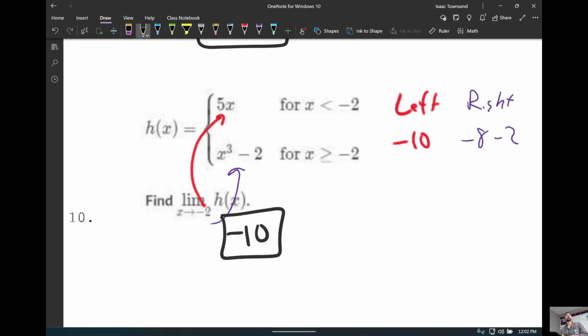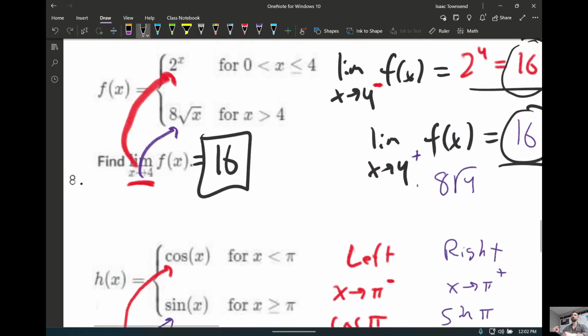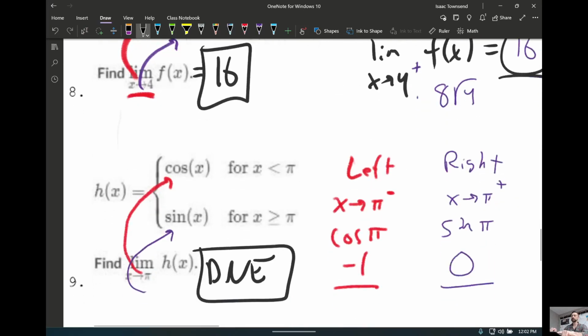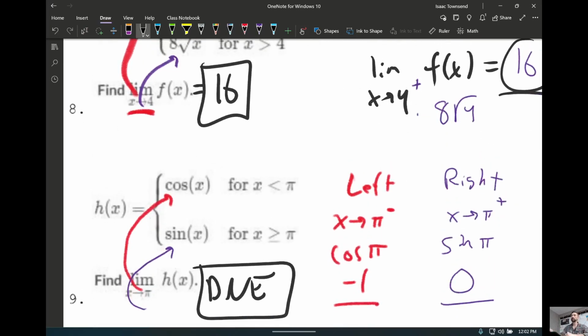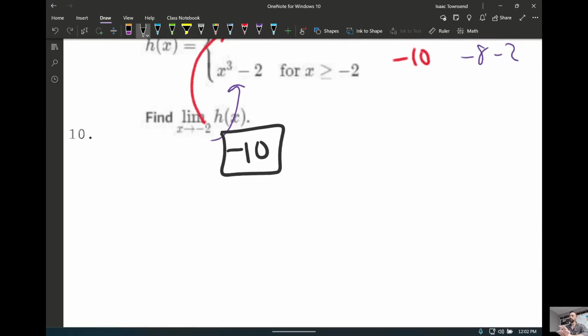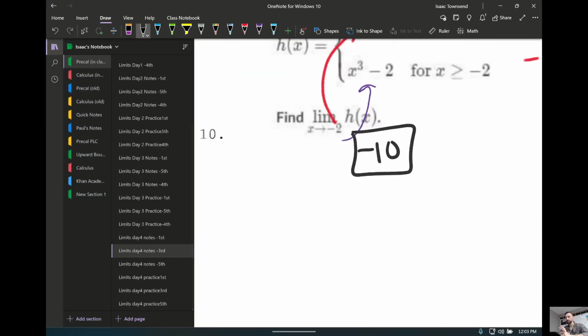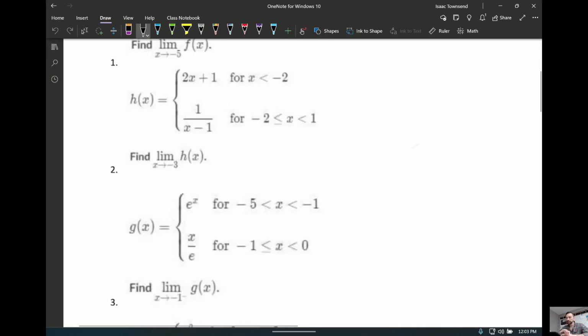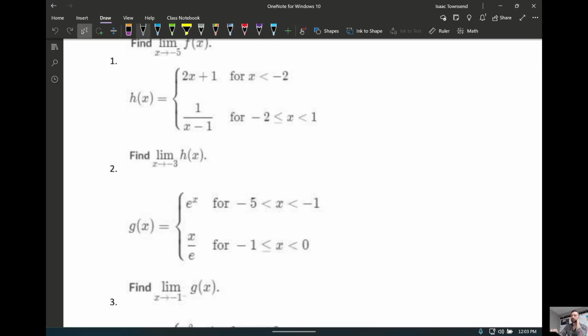Now, the reason why I want to do a couple more with you on the next page is these three are maybe not the best examples, in the sense that I don't want you to fall into a trap. If you oversimplify this and say, oh, you just plug this into the top and the bottom and you get your answer, that's not always the way it works. It's just those three happen to be that way. So I would like you to see if you fall in those traps